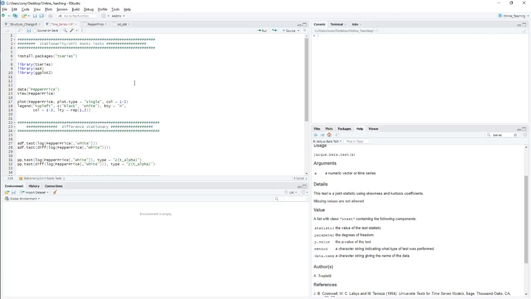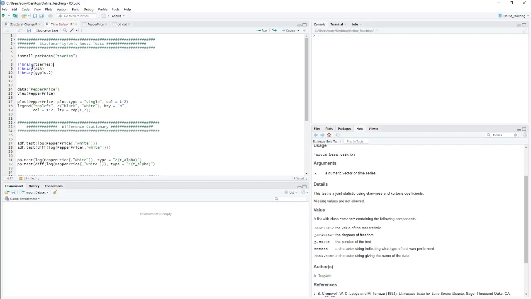To test whether the time series is stationary or non-stationary, we have to install this package, which is called the tseries package. Since I have already installed it, I am not going to install it again.